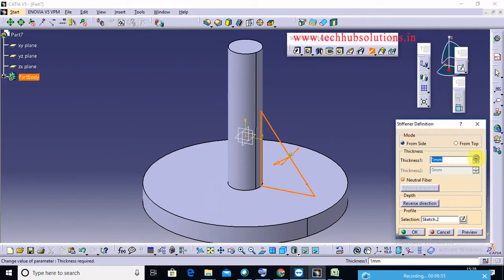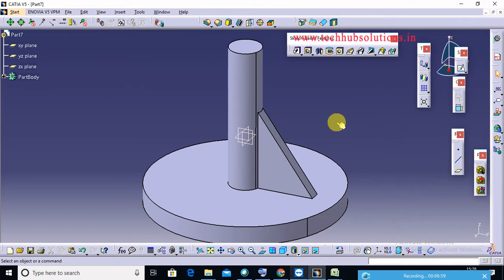Okay, so that is the stiffener. So stiffener means just support the material.